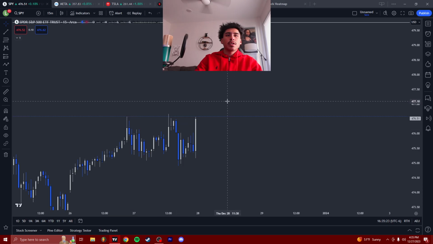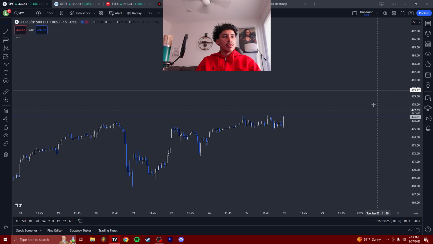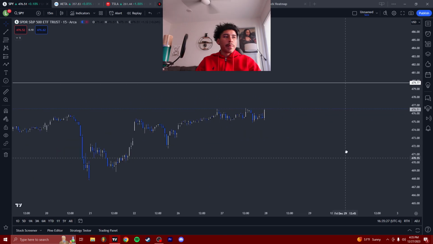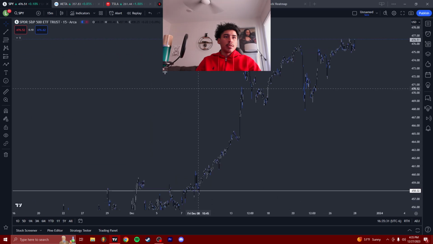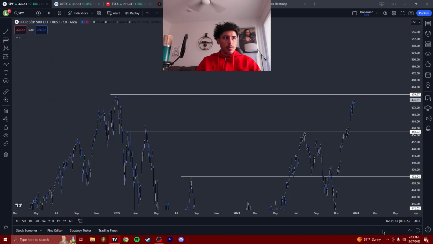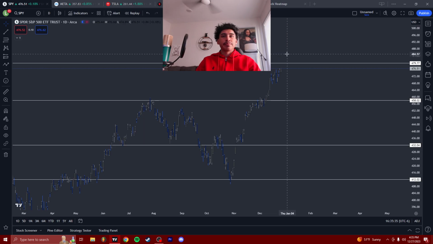Super simple, nothing crazy. You just got to know what your levels are. These are weekly levels, so if we're above 458, I'm going to play the trend to the upside, especially if we're currently trending up. But yeah, it's been Decrypt. This is how you find levels, or at least how I find my levels. This is the most simple way that you can